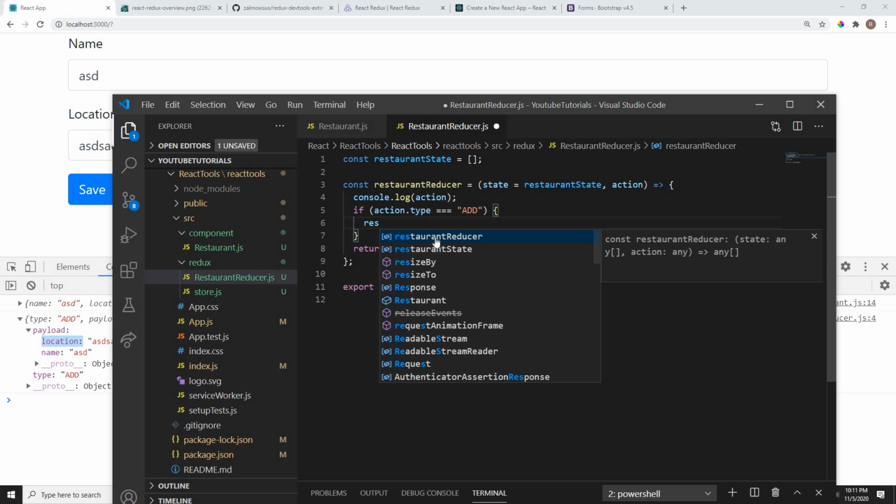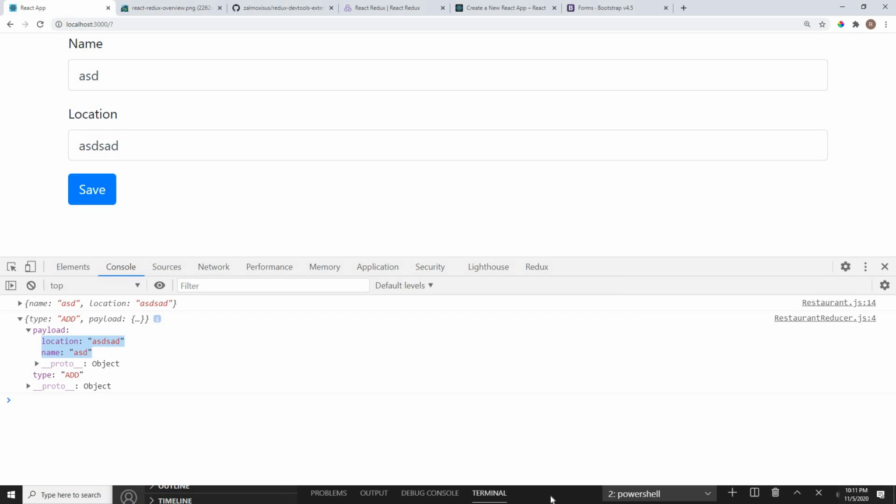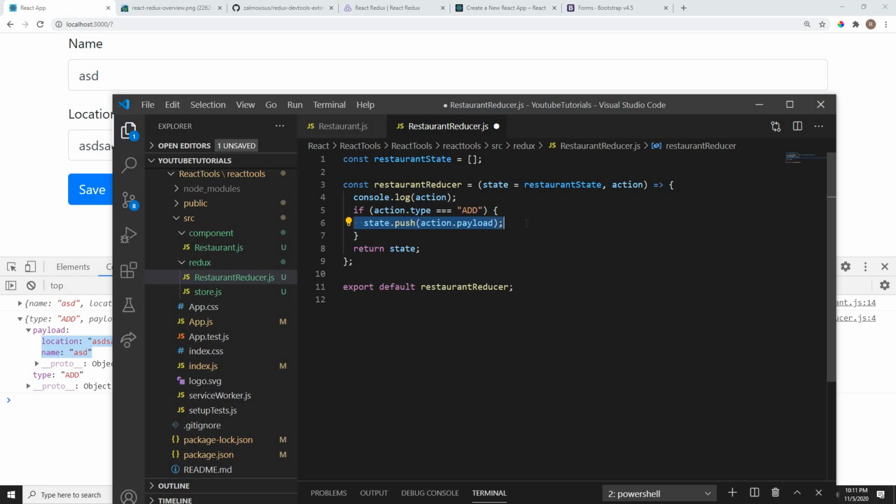So on the state here, we can push. Oh, no, not restaurant state, sorry, state here. Here, we can push our payload, which we got from action.payload, which is basically nothing. It's just the object here. So we are pushing this data right here, and after we push this data, we need to return our